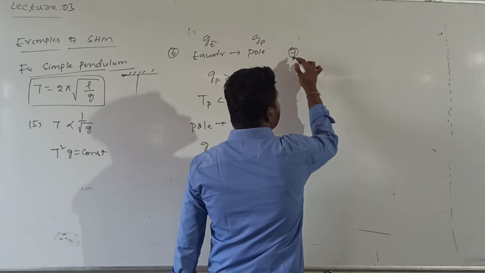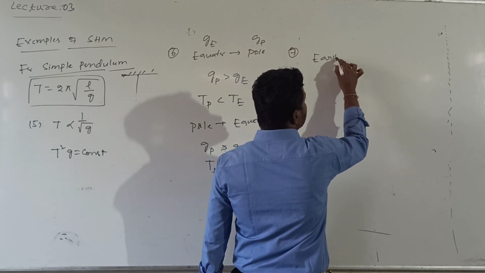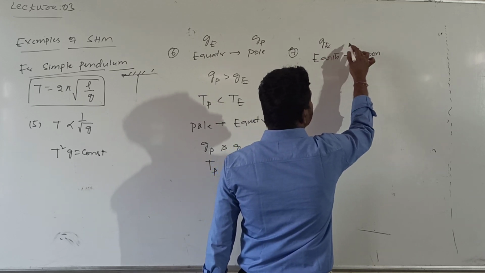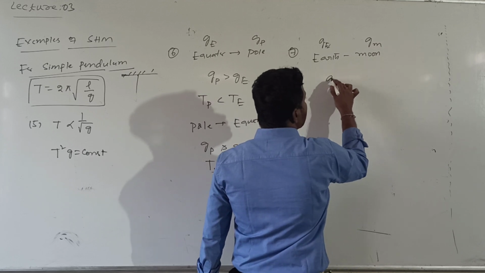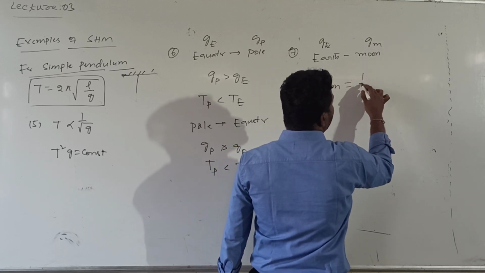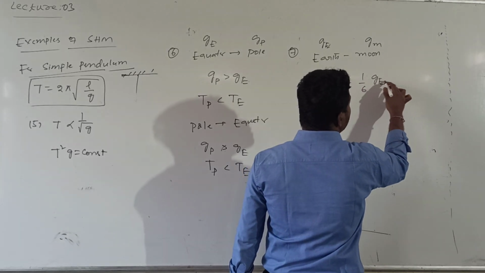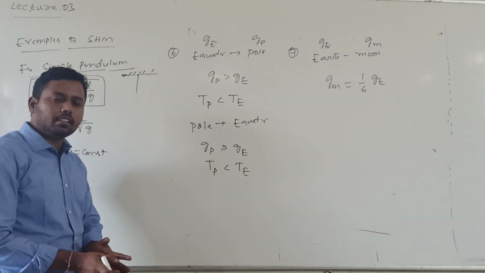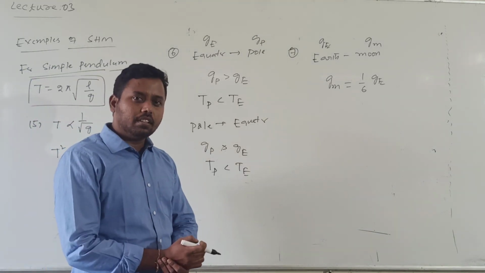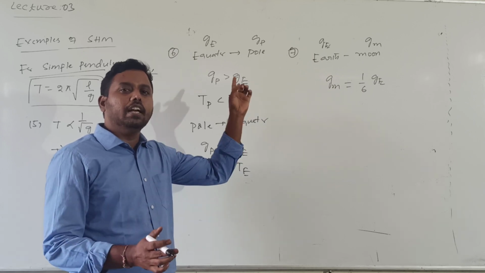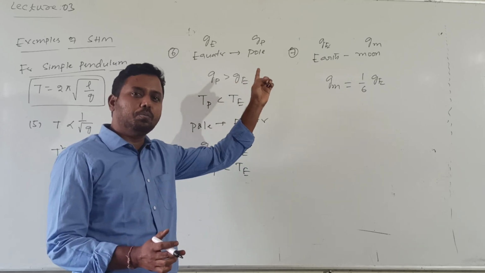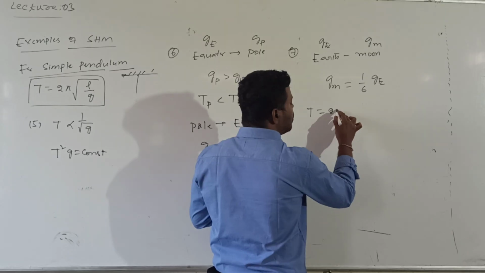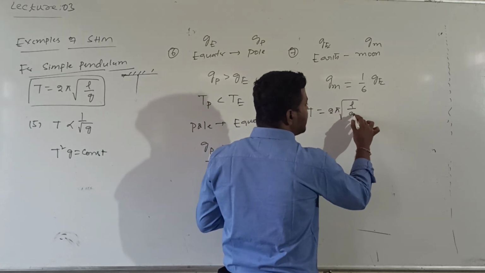So next one is, if the simple pendulum is taken from the earth's surface to the moon. You know that on the earth's surface the acceleration due to gravity is g, and on the moon it is g by 6. So the acceleration due to gravity on the moon will be 1 by 6 times the acceleration due to gravity on the earth. Due to that reason, the acceleration due to gravity decreases, so the time period increases. To maintain the same time period, whenever a simple pendulum is taken from the earth's surface to the moon, you should decrease the length. So what is the alternative thing? We have T is equal to 2 pi into root over L divided by g.